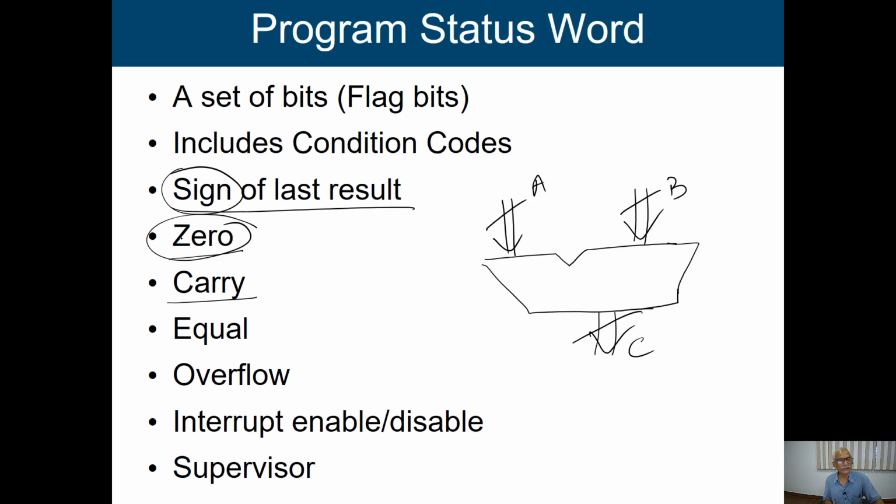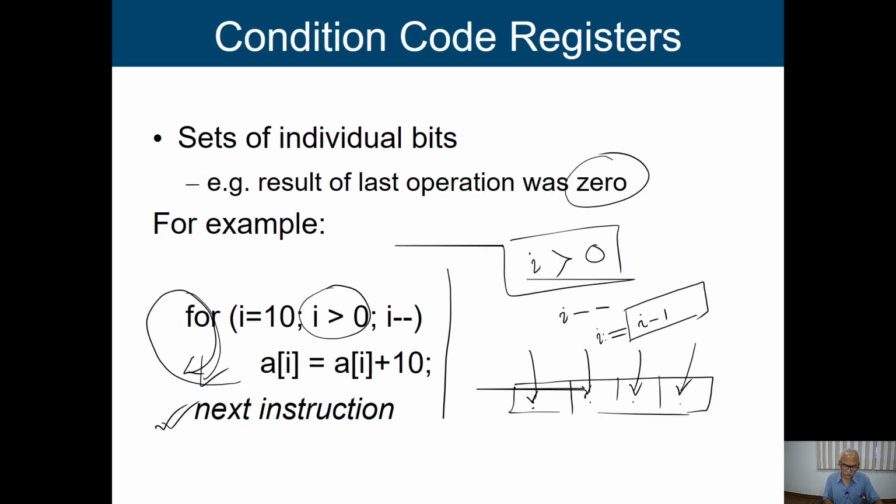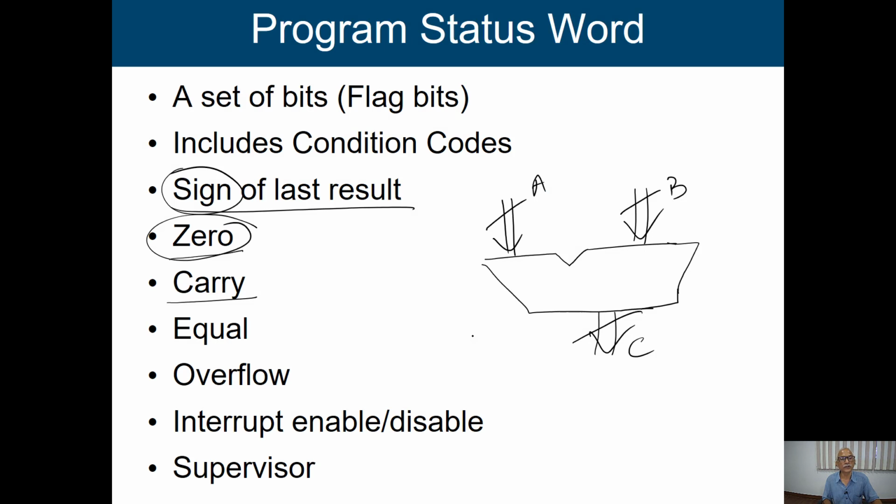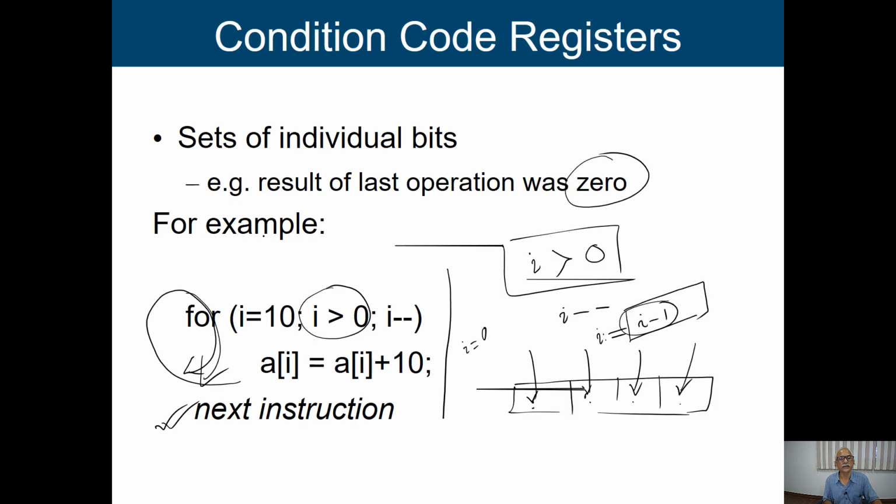Now in the previous example, you just see, I am going to say if I is greater than 0, I minus minus, then do this job. In I minus minus, I am doing I equal to I minus 1. When I keep reducing it and the value of I becomes 0, what will happen? It is going to set this particular 0 bit. Now while I am designing this instruction, I am going to check this particular 0 bit.